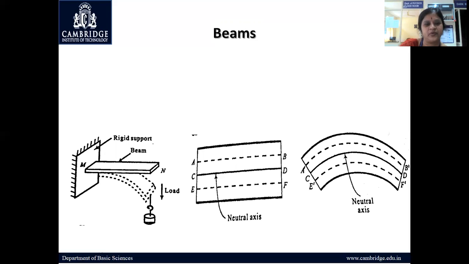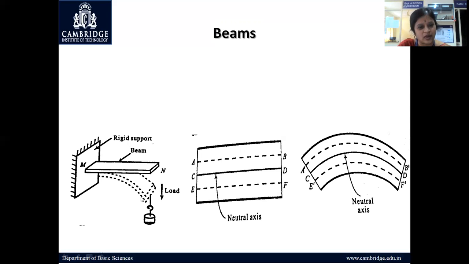In this wooden beam, let us imagine it is made up of a large number of thin layers like that. When I apply the load, when the beam is bent at one end or both the ends, its layers